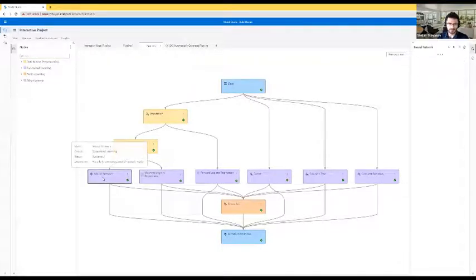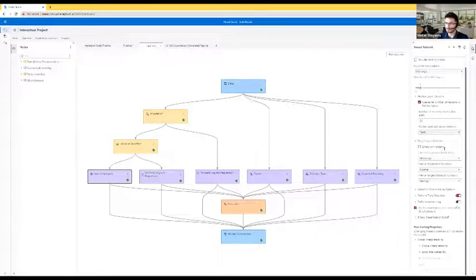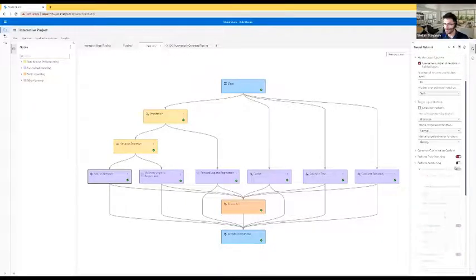Here we have the neural network, and if you click on it on the right side, you will see all the different settings and parameters that you can adjust for your neural network algorithm before you run the pipeline. Actually, I forgot this. And you can see that you can again choose to do some auto tuning,